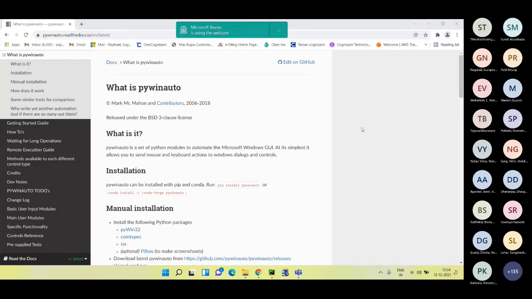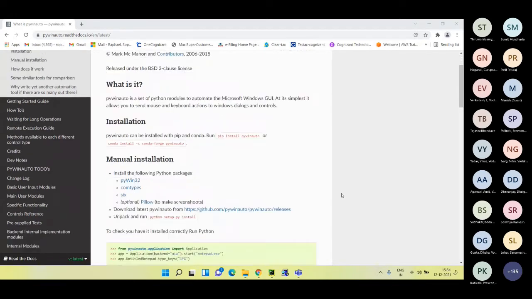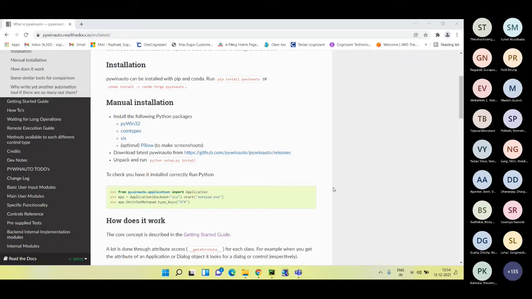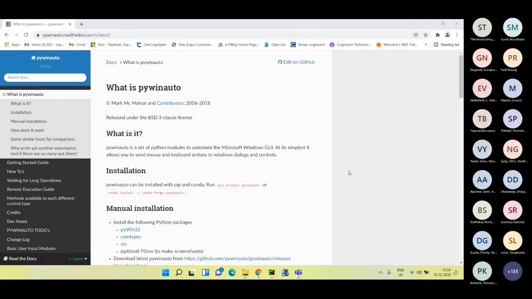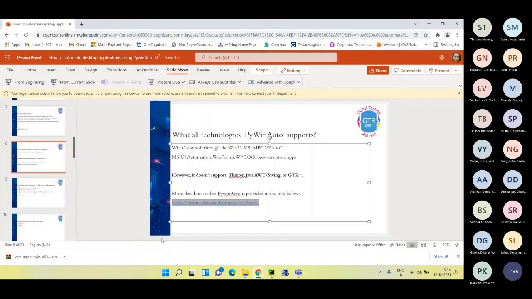So this document basically shows the introduction of what PyWinAuto is and how we install PyWinAuto, the manual installation of it, and the general format of it. This document is very helpful in understanding before you put your hands into trying different things with PyWinAuto. Probably as per the main instructions of what PyWinAuto does, like how you automate. I'll go to the slide and explain from there.